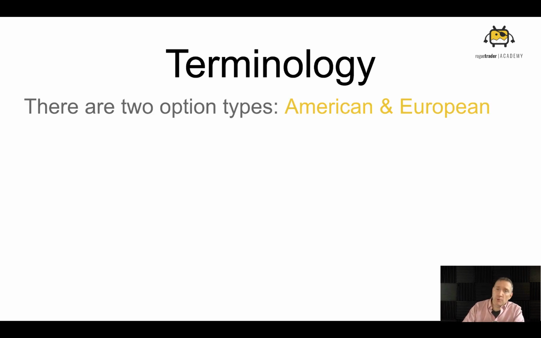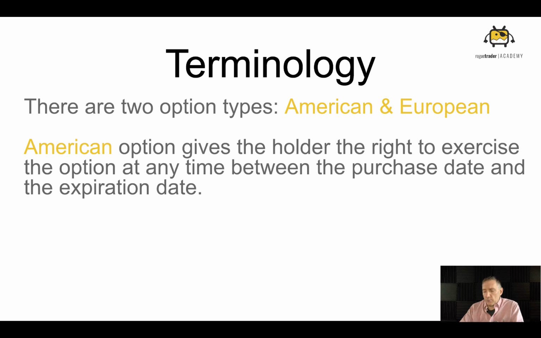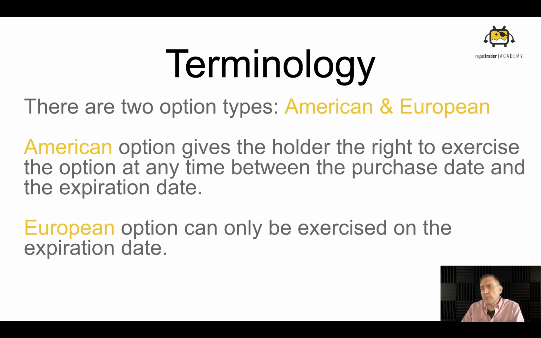Okay, here's another really important thing too. There's American style and there's European style of options. There's only two options, calls and puts, but there's two styles of options. There's two types of options, okay? An American option gives the holder the right, remember, if you buy, you got the right to exercise that option at any time between the time you buy the darn thing and the time it expires. Well, that's interesting. As you can imagine, European options are the exact opposite. They can only be exercised at the expiration date.